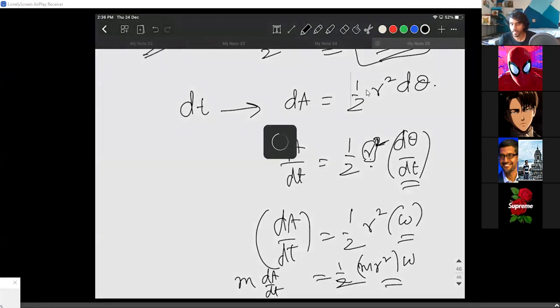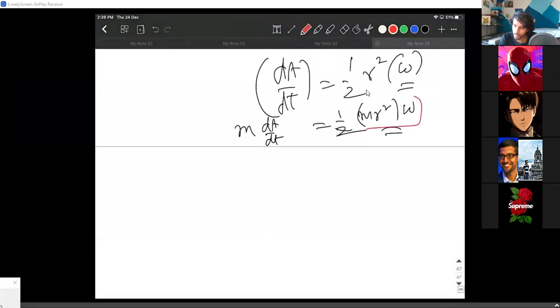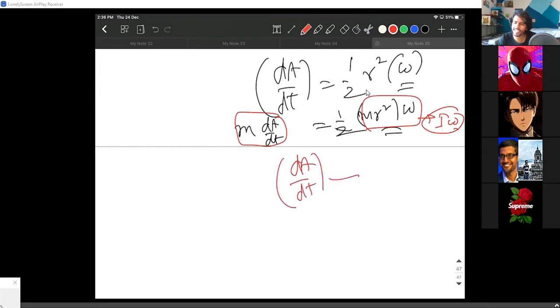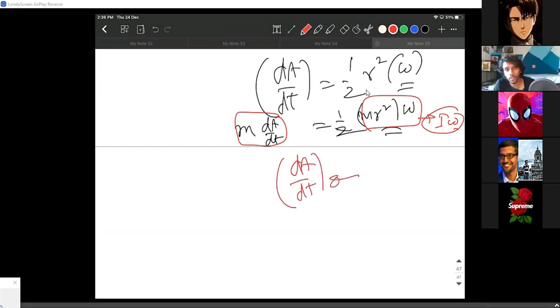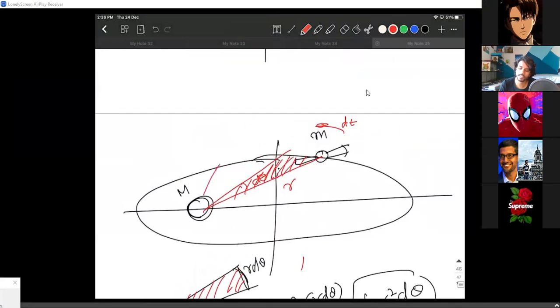There's angular momentum. Exactly. So this part right here simply looks like it is angular momentum. So that is why this whole thing is constant, which means the areal velocity, they call this areal velocity. That is one way to put it. But dA by dt is a constant value, and that is what they're trying to say. The areal velocity that it covers in equal intervals of time is constant. Do you get it?